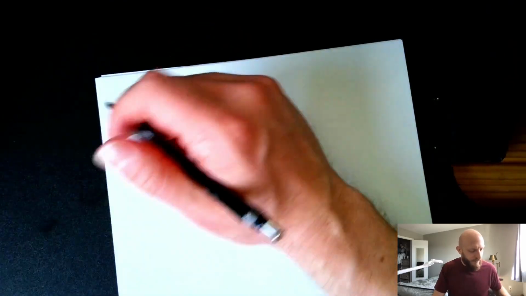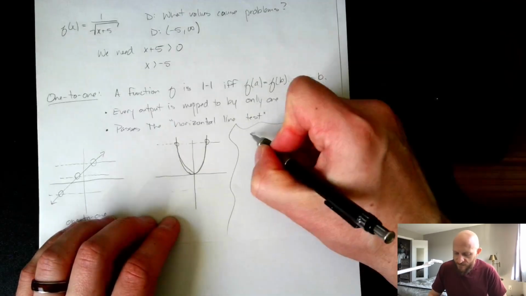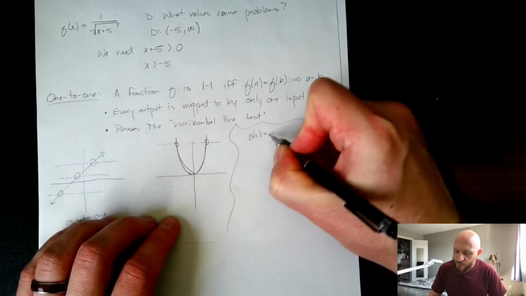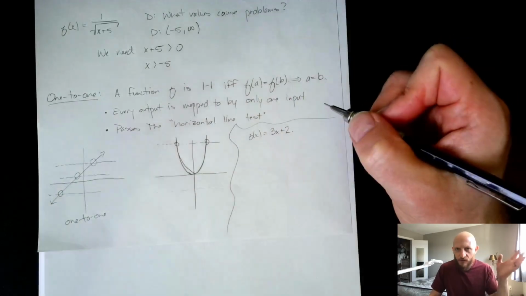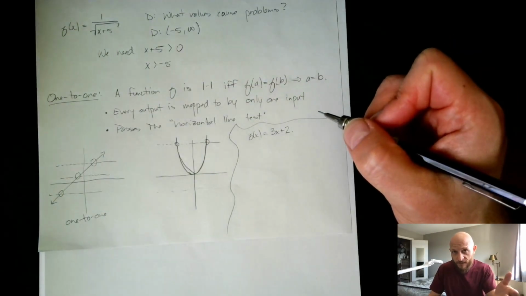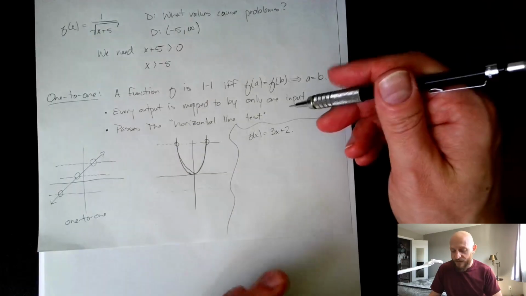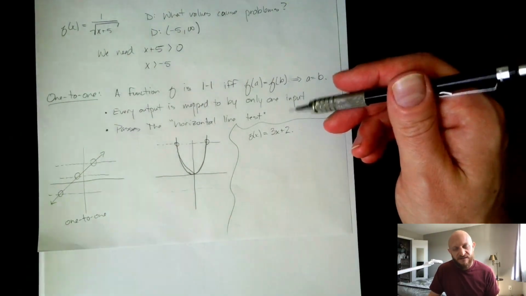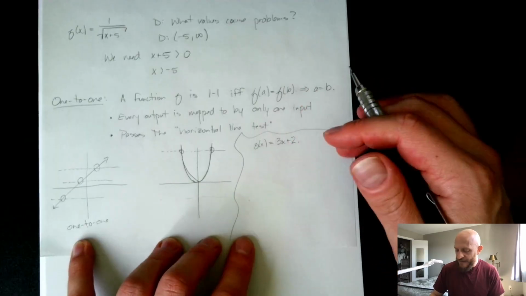Maybe I'll just do a quick example of that in the last couple minutes here. I can do it down in this corner rather than using up a whole new paper. Suppose we're given something like f of x equals 3x plus 2, and we don't know what the graph is. If you're in college algebra at this point, you should know what this graph looks like, or be able to graph it. But suppose you don't, and you want to determine whether this is one-to-one without looking at the graph, or maybe your teacher is asking you to algebraically prove that this is